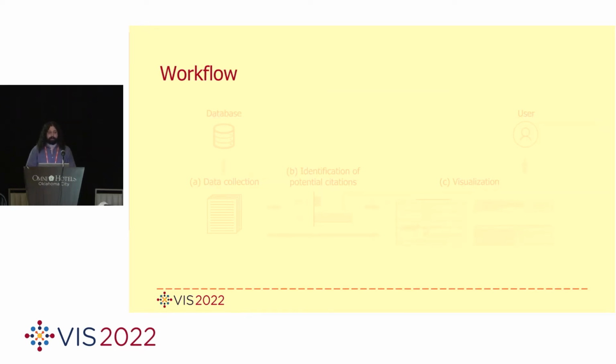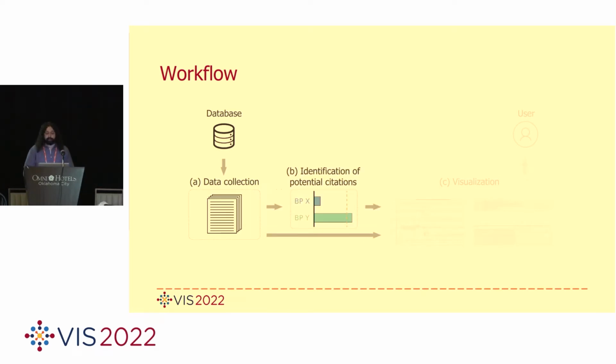Now we cover the workflow of LegalViz. We first retrieve explicit citation information and filter representative decisions, MVPs, from our database. These data are used in an elaborated strategy to infer potential citations. Finally, the user can interactively explore documents that cite or could potentially cite binding precedents through the three visual components that compose our framework.